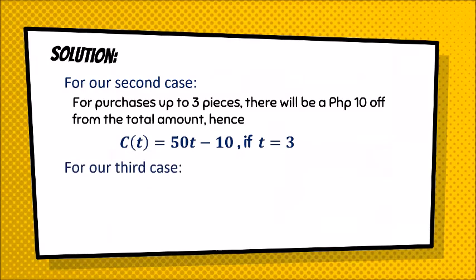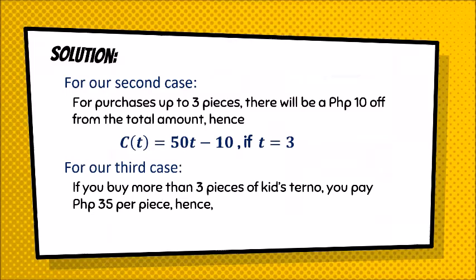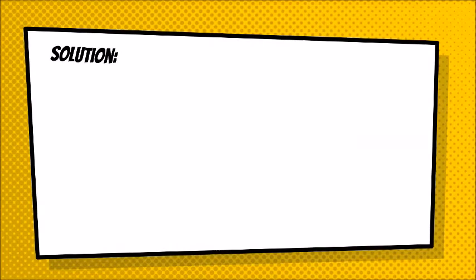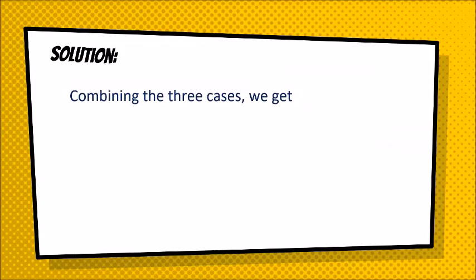And for our last case, it says if you buy more than 3 pieces of kids' turner, you pay 35 per piece. It simply means if you buy 4 or more pieces of the turner, you're going to pay 35 pesos instead of 50 pesos in the original price. Hence, we have CT equals 35T if T is greater than 3. Lastly, to combine the functions using braces and if statements, we get